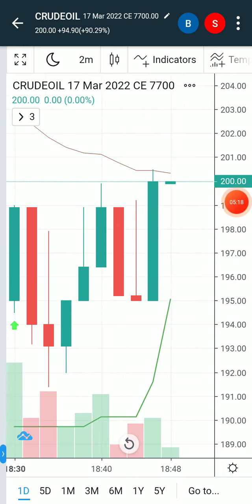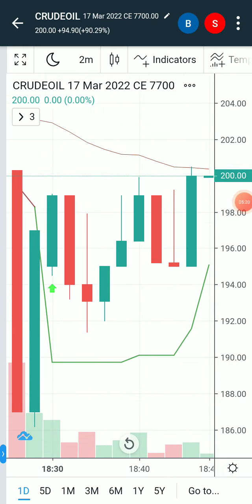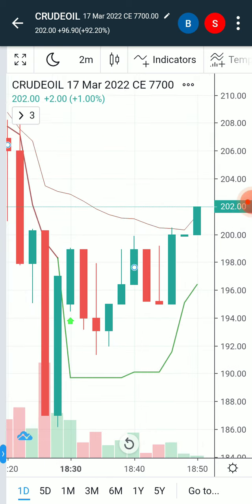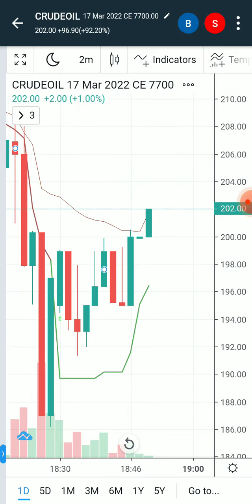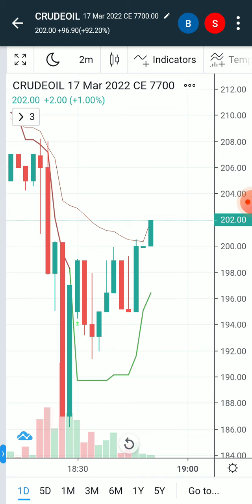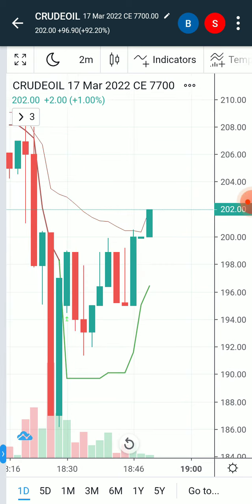Here you can see that the super trend indicator has given us a sign that you could have entered here. It has reached 202. Now we can see a breakout from here. Let's just see what happens. I'll enter the trade here, and my target from here will be 8 points, at 210. Let me just place the trade